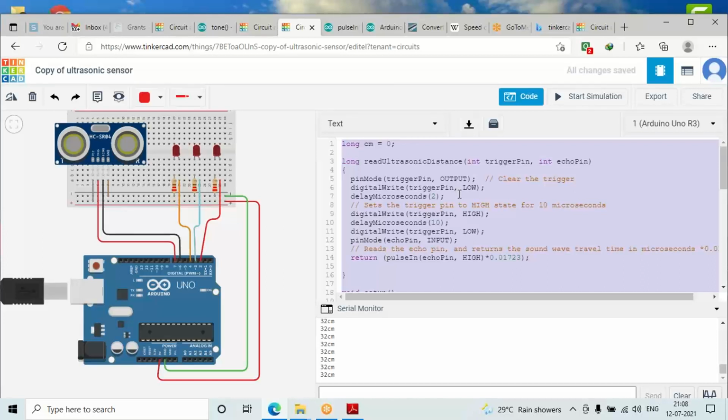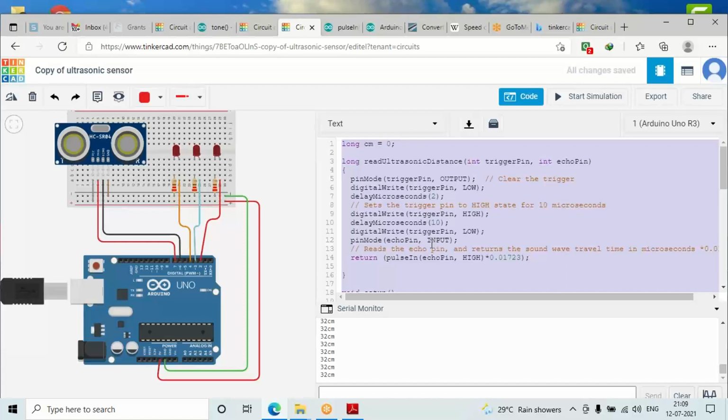Okay, so what will happen is whenever there is an obstacle, the pulse will be reflected back, and then the echo pin will be able to receive it. Once the trigger pin has sent the signal, we are setting the echo pin as an input pin and we are waiting to see whether it has received any value or not.